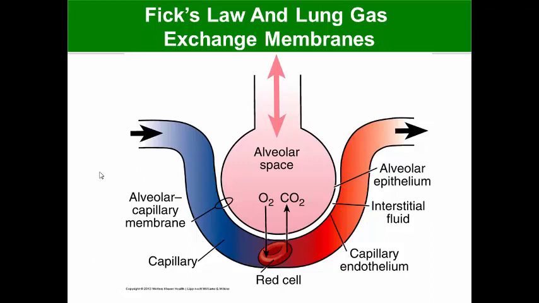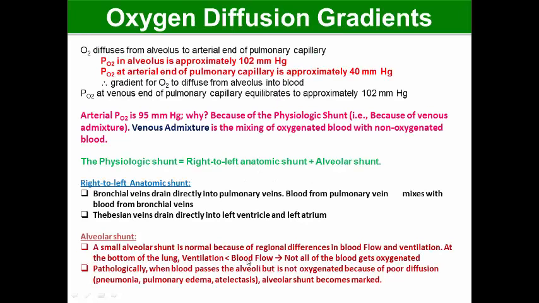Then we have the pulmonary arterioles. Then we have the pulmonary capillaries. So the partial pressure of oxygen in the alveolar air is 100 to 105 millimeters of mercury, and at the arterial end of the pulmonary capillary it is approximately 40. So there is a gradient